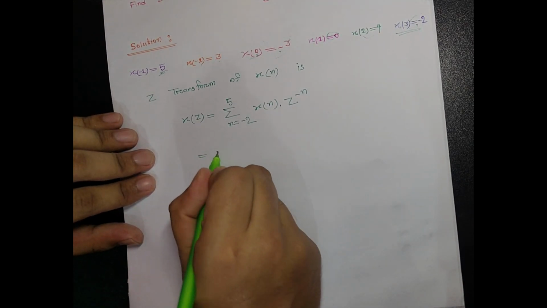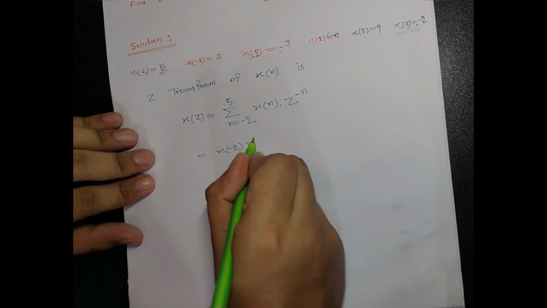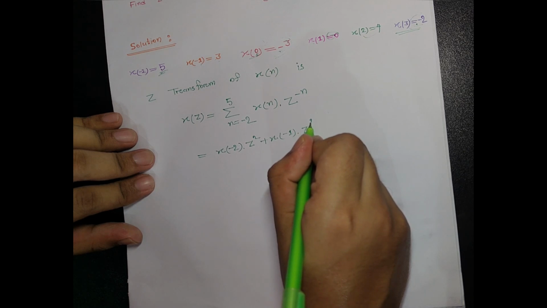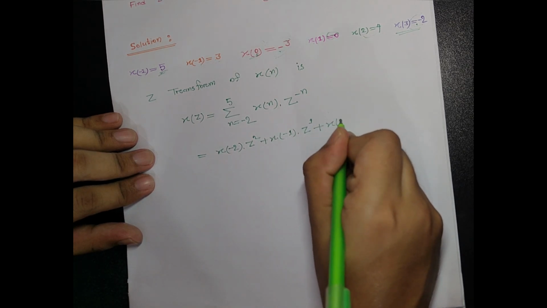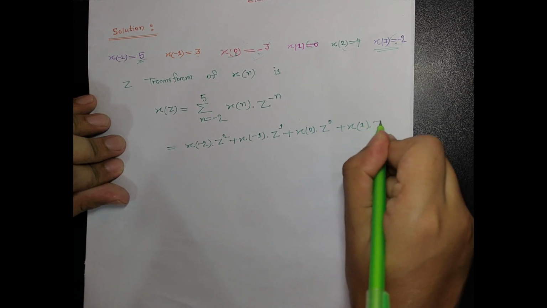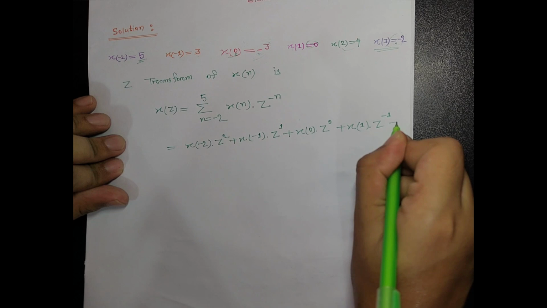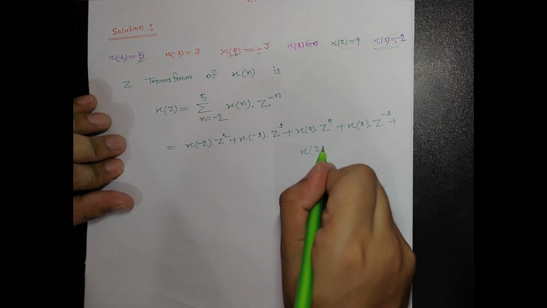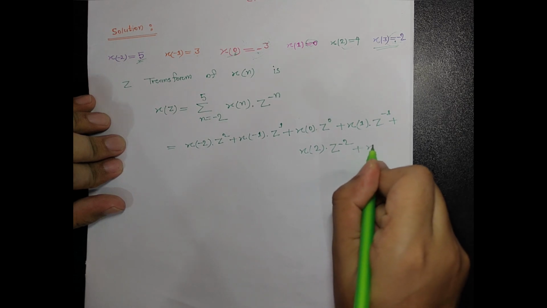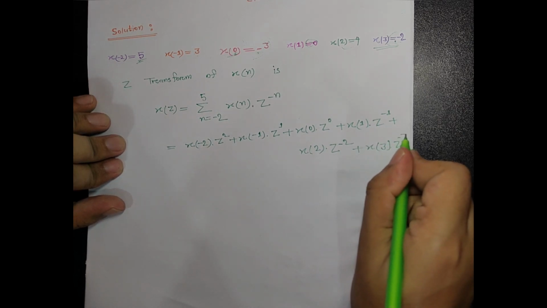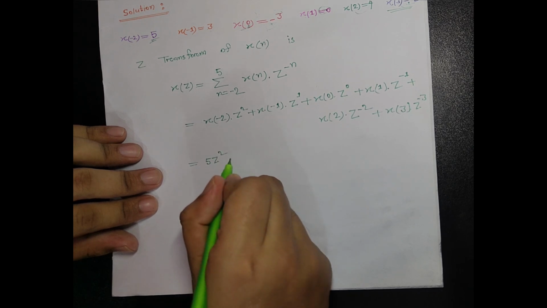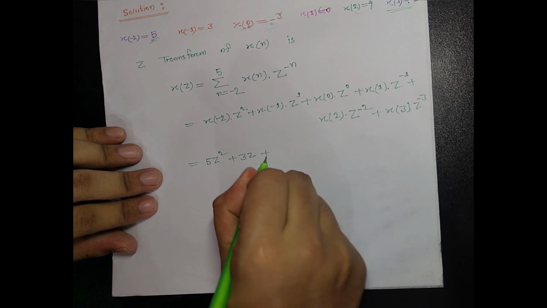or x of minus 2 z squared plus x of minus 1 into z to the power 1 plus x of 0 plus x of 1 z to the power minus 1 plus x of 2 into z to the power minus 2 plus x of 3 into z to the power minus 3, and that means 5 z squared plus 3z minus 3